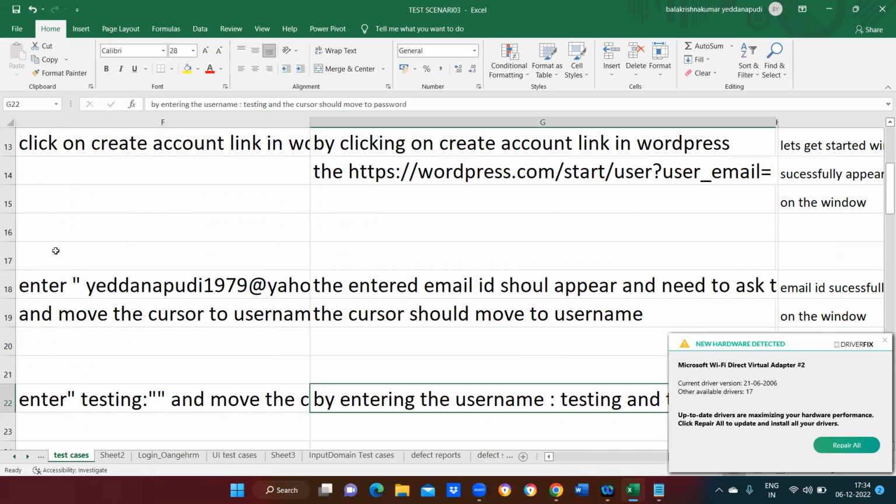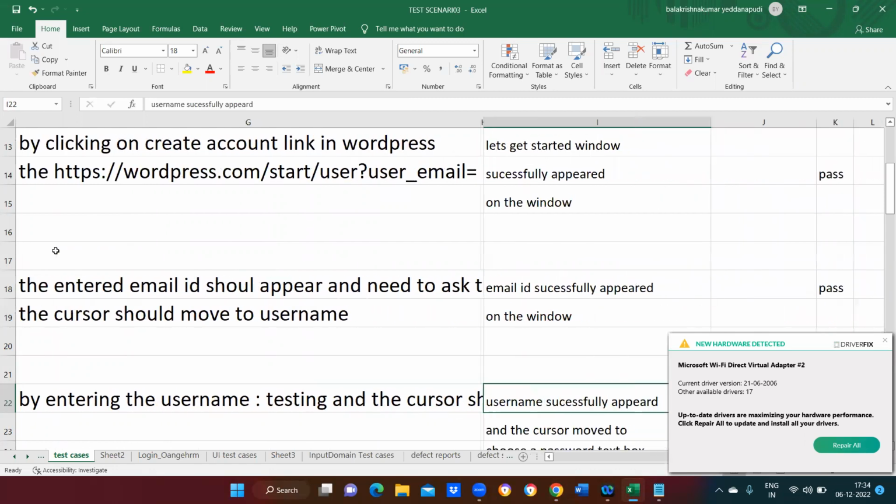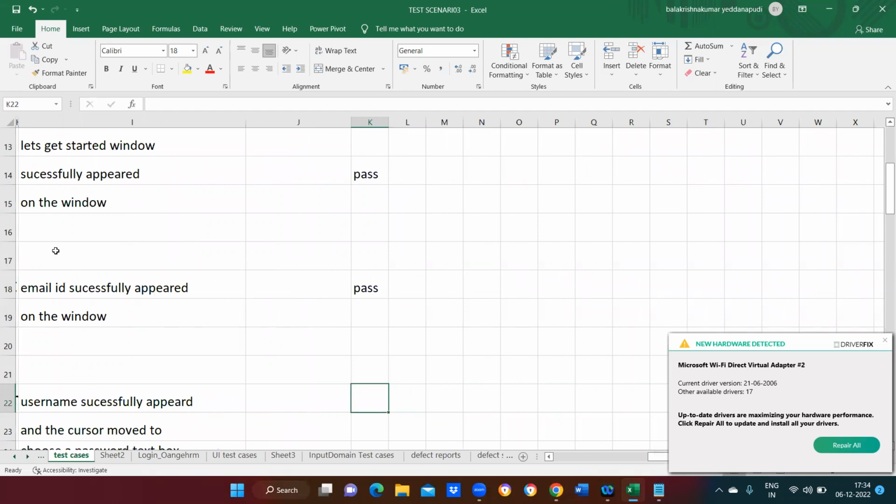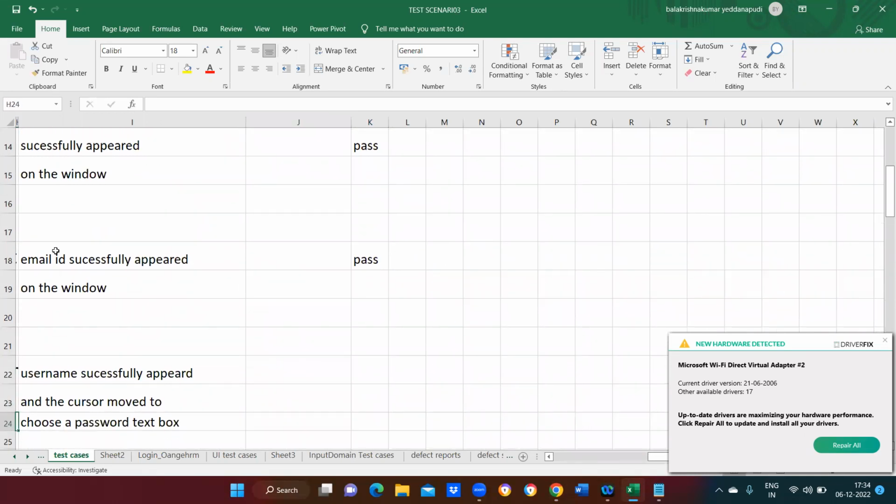Now by clicking on the link registered, the registered window should open. Next, registered window successfully opened. Pass. Second,